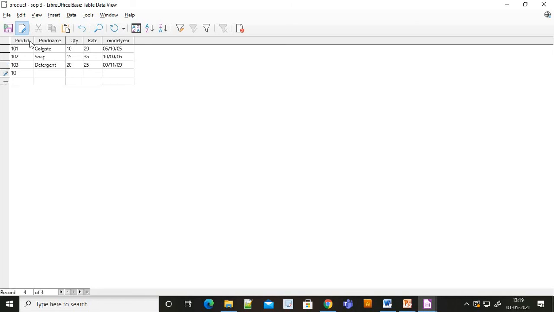9/11/2009. Then rice, 50, 20, date is 15 August 2015.